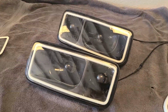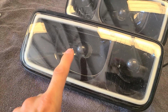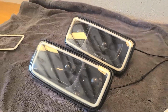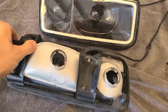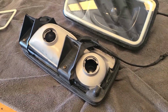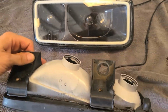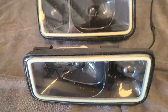Now these are glass housings, so unfortunately there wasn't a lot that I could do to address all of the minor rock chips and essentially sandblasting that's happened over the years on these housings, but I tried to clean them up as best as I could. On a side note, the way that these are sealed is actually super interesting, because these aren't exactly like a butyl sealant. Even from the factory, it's basically just kind of like a silicone-y type rubber sealant that goes around there. So basically I used the same product and resealed it when I was all done,